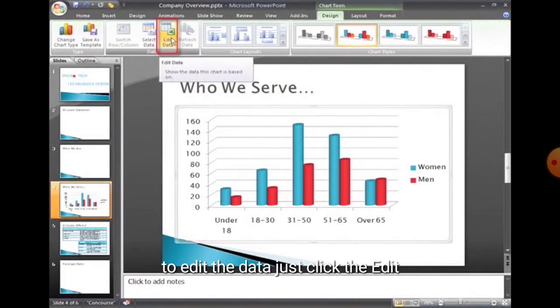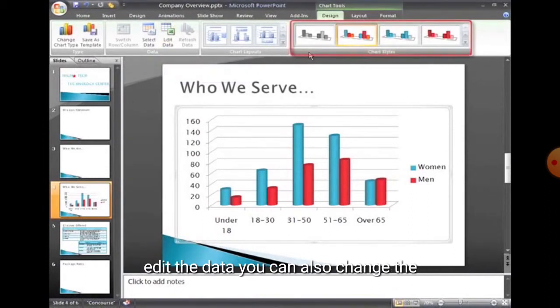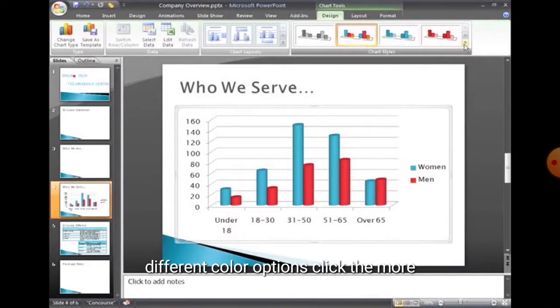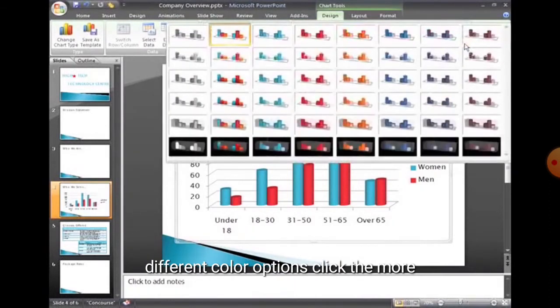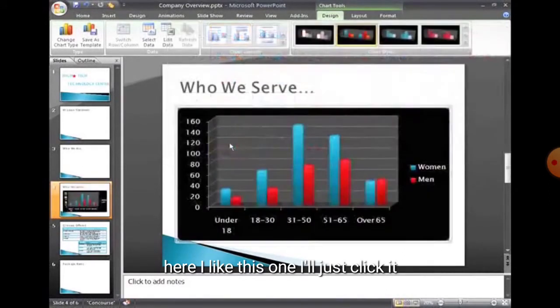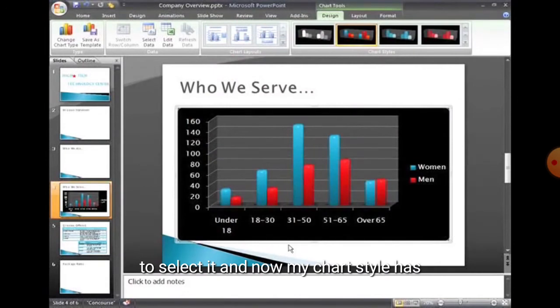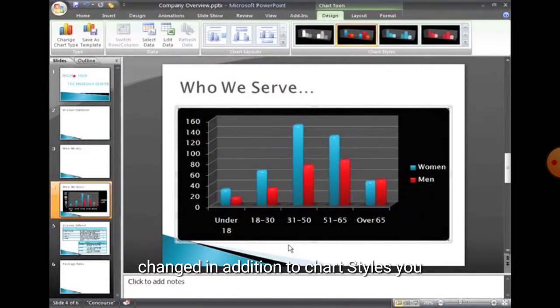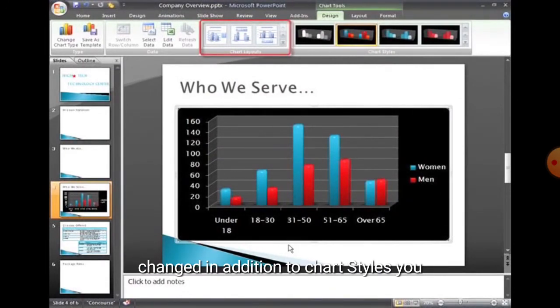Then this is the chart style or color. You can change the color or style of your charts according to your needs. Select this, and you can select any one here.